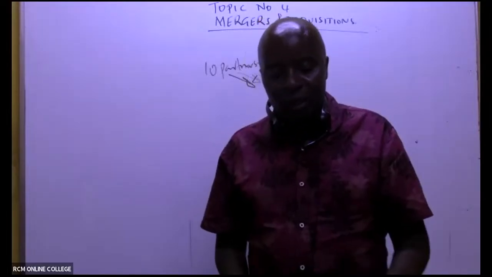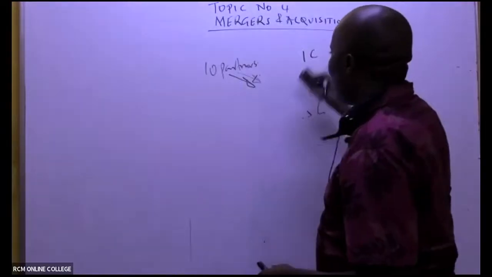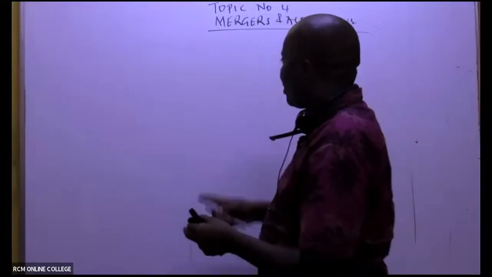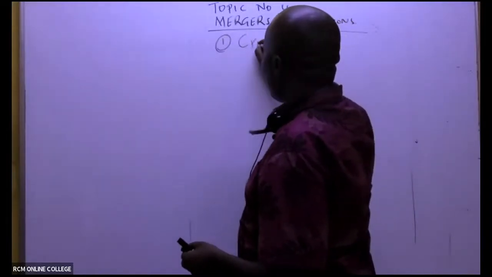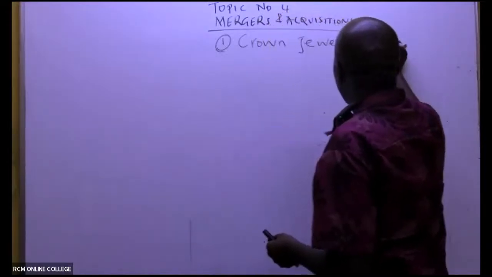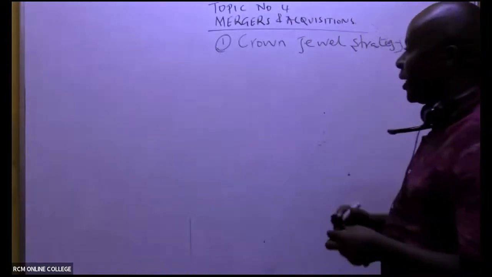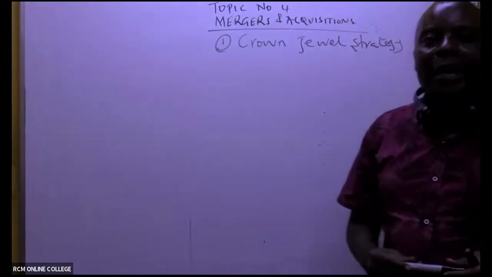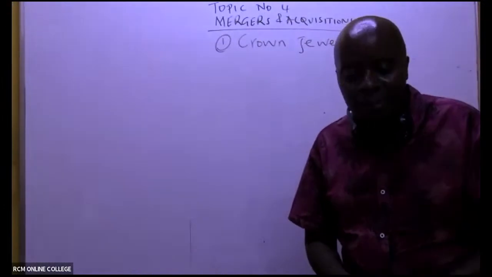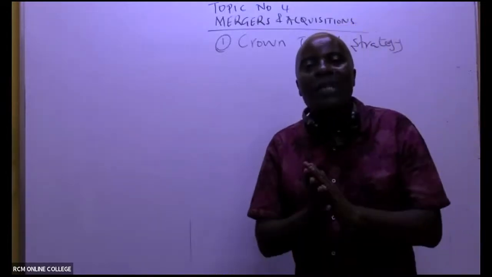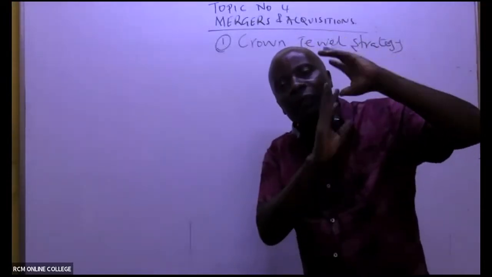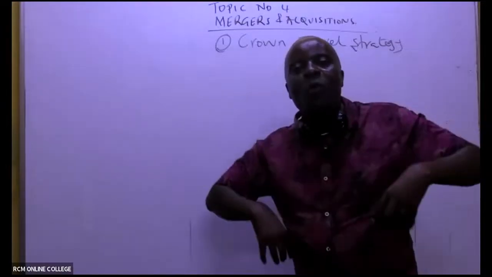There are so many ways you could use. The first method that I would want you to consider is the concept of the crown jewel. So you use what we call the crown jewel strategy. How does this apply, ladies and gentlemen? You know a crown, like the king's crown, a beautiful thing. So you look at your company and ask yourself, what is it that would make these people from abroad or from wherever want to acquire me?